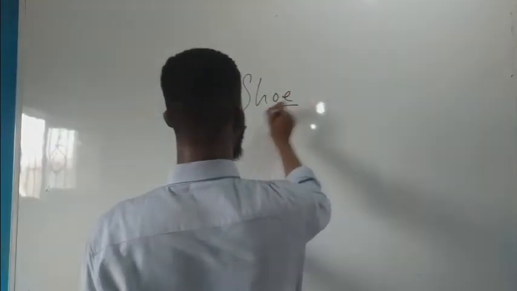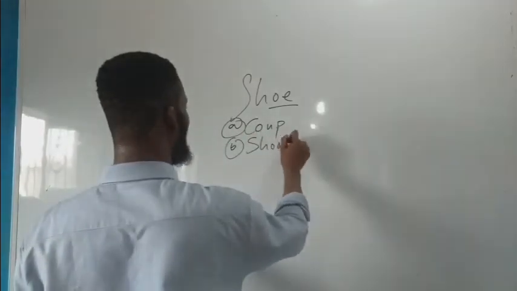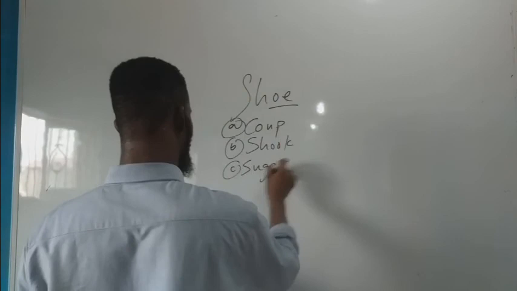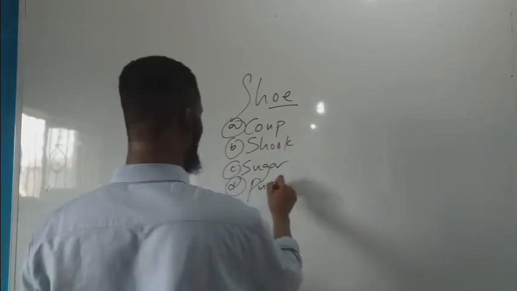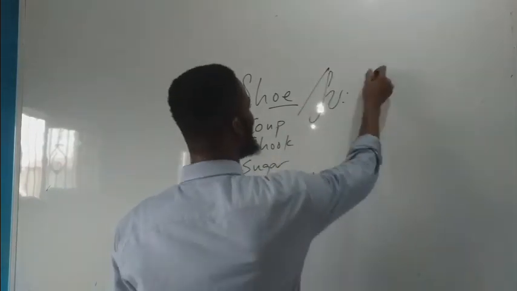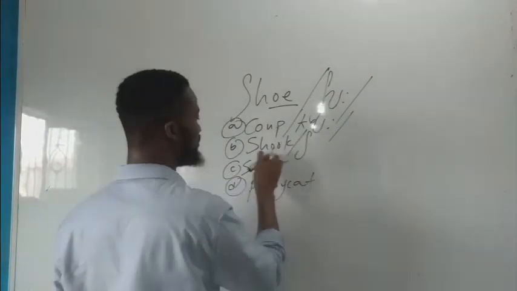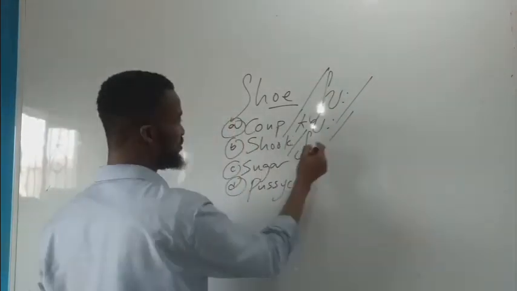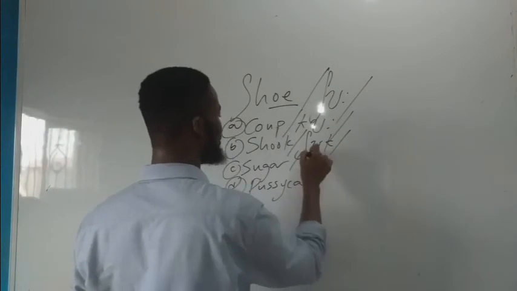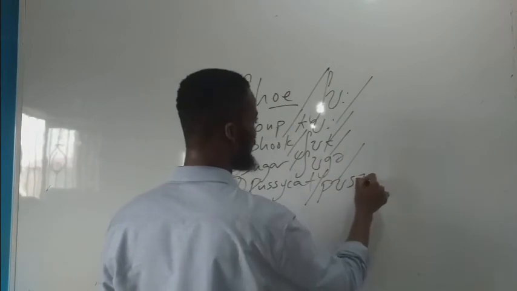The next one we have S-H-O-E. This is underlined. Option A, C-O-U-P. Option B is S-H-O-O-K. C is S-U-G-A-R. And option D is P-U-S-S-Y-C-A-T. This is called shoe. This is a long O sound, shoe. This is called cool. This is shook. Don't forget, double O with K will give us a short sound, shook. This is called sugar, and this is called pussycat. So our answer is